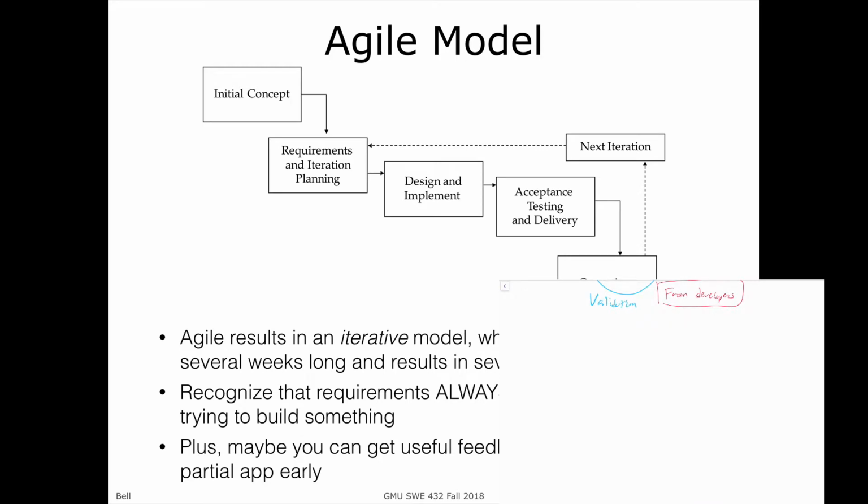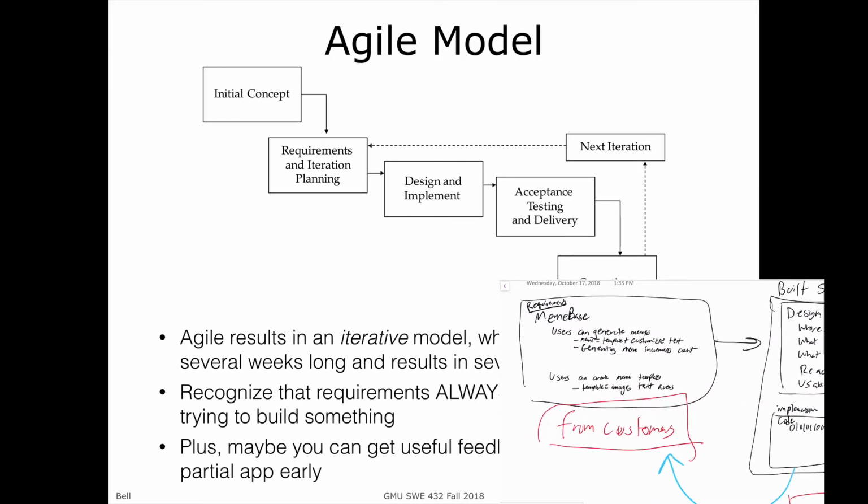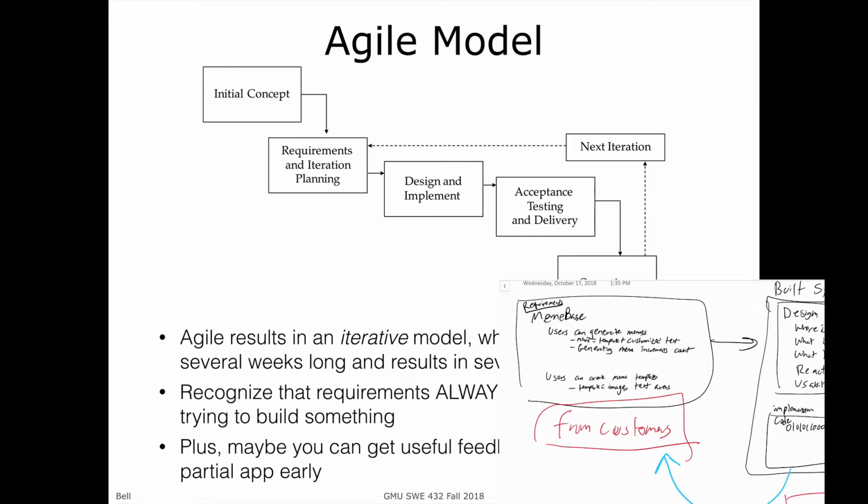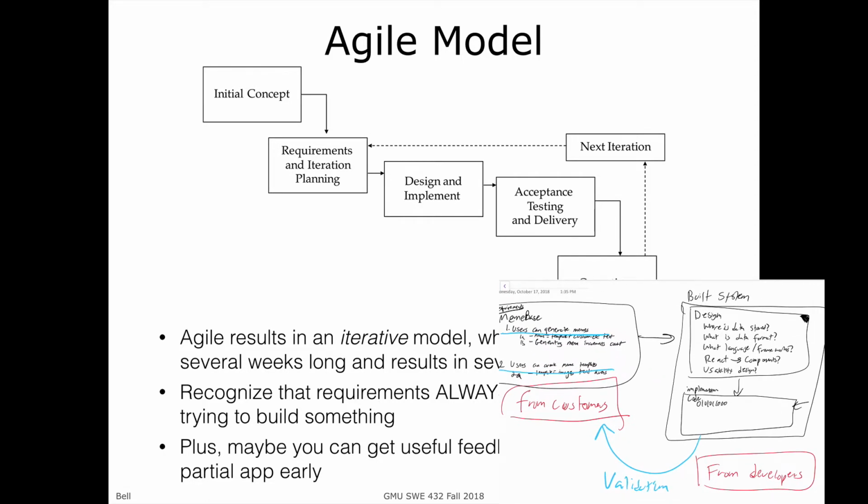So we'll start out and we'll get all of our requirements from the customers. We've got that users can generate memes, and we've got that maybe it's 1A and 1B and 2 and 2A. So I just broke these down so that we've got these high-level requirements. This is one high-level requirement, and this is another high-level requirement. So in the waterfall model, we would gather all of these requirements, and then we would design this whole system,